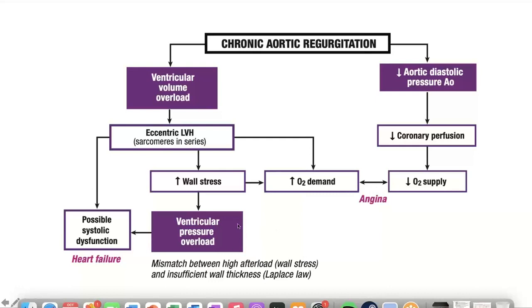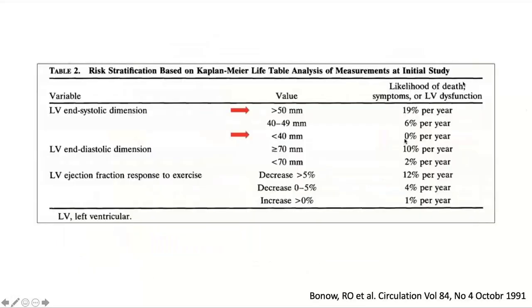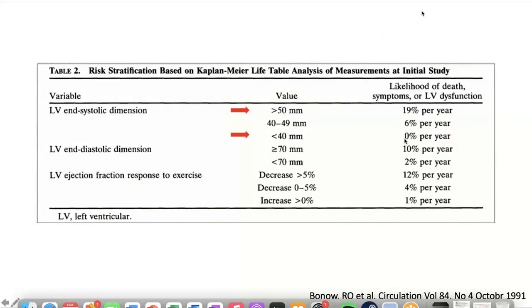But really, a lot of this comes down to the mismatch through our old Laplace law with insufficient wall thickness to deal with the high afterload condition as well as the increased preload condition. And then if I couldn't have been dramatic enough about the seriousness of this, the initial flow volume loops make you think, well, okay, the heart's amazing, it can accommodate this,